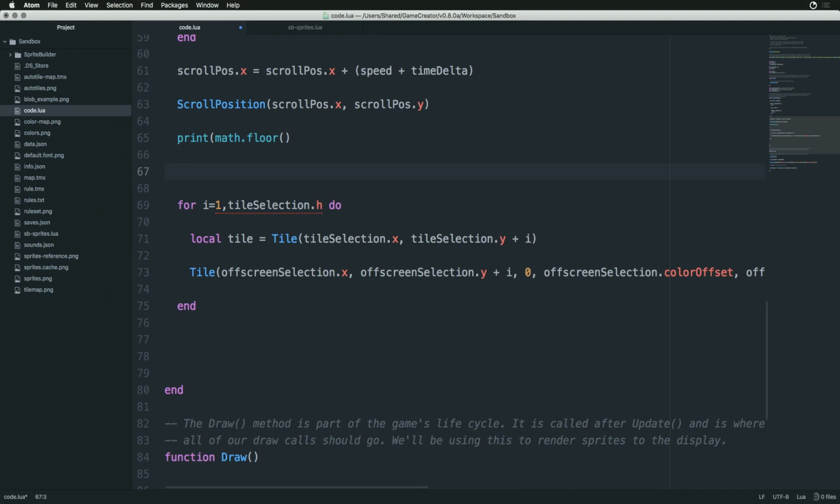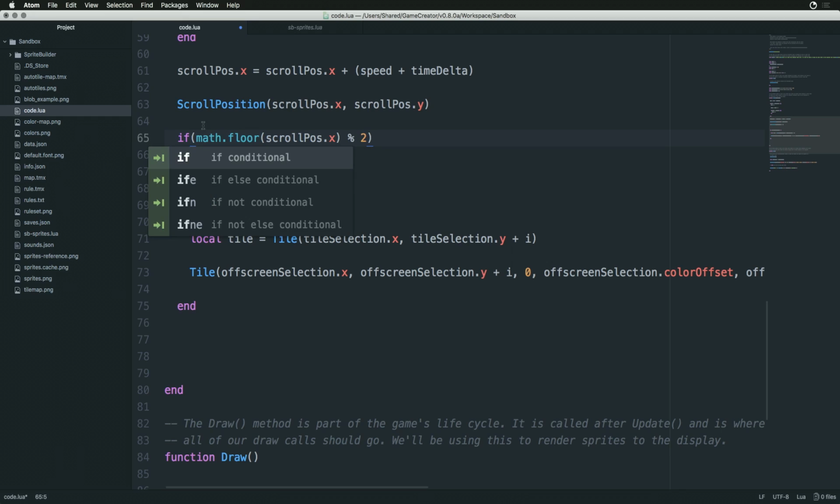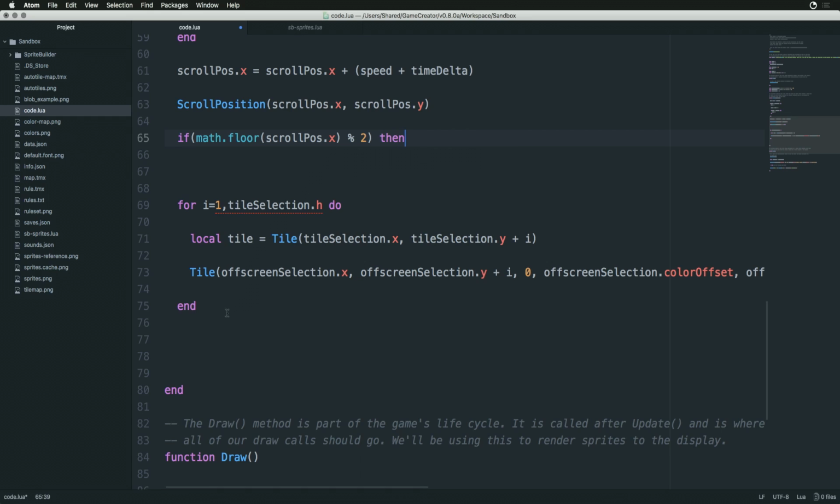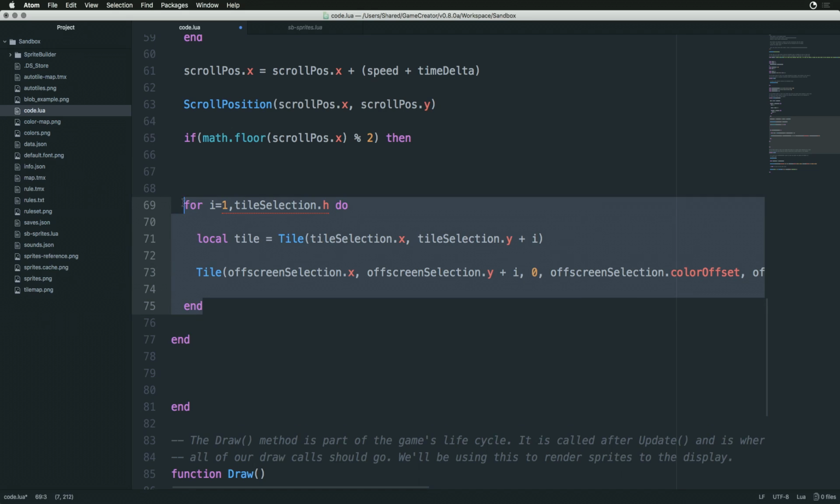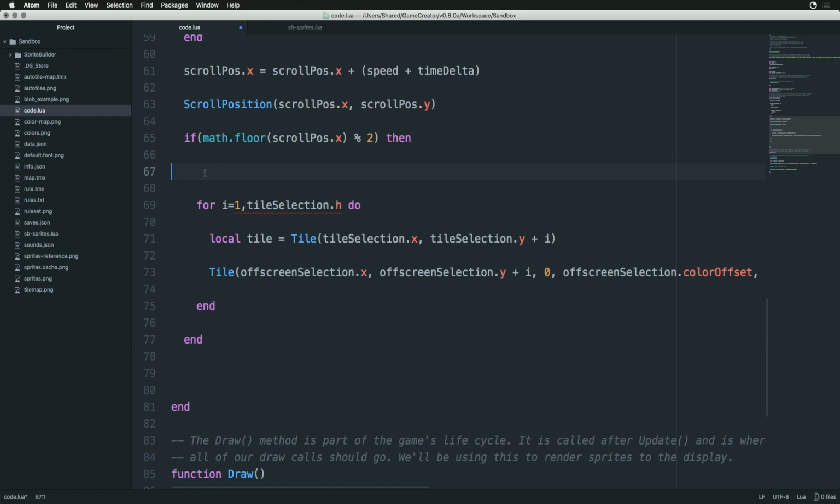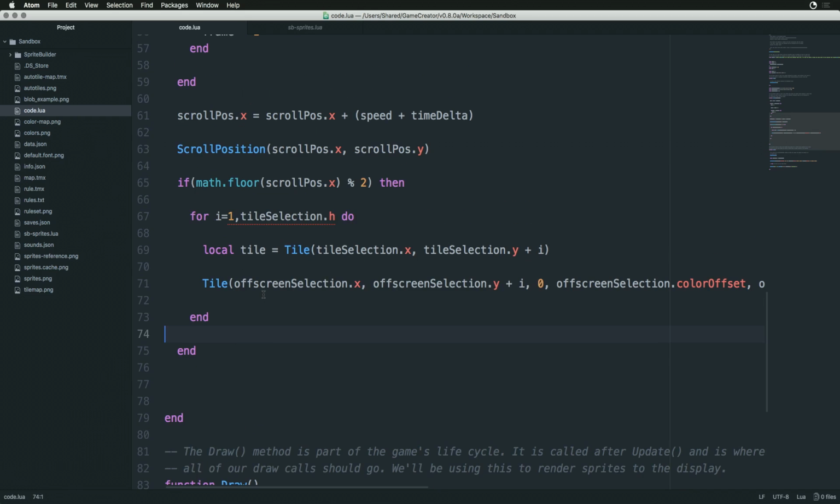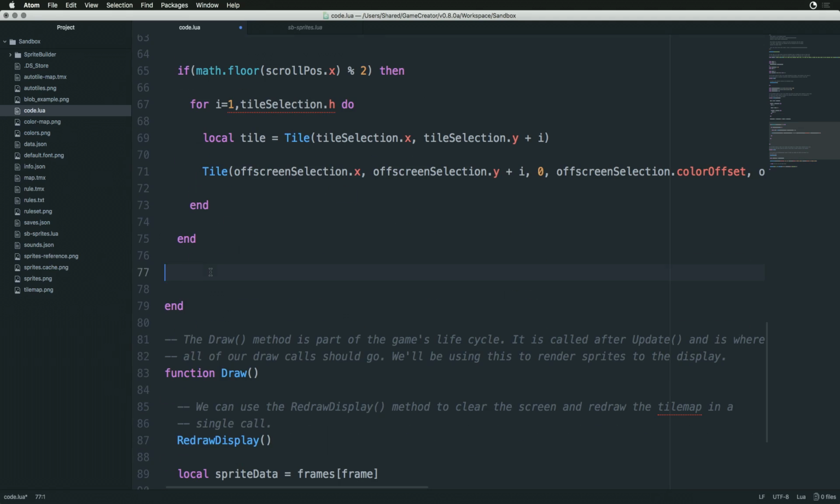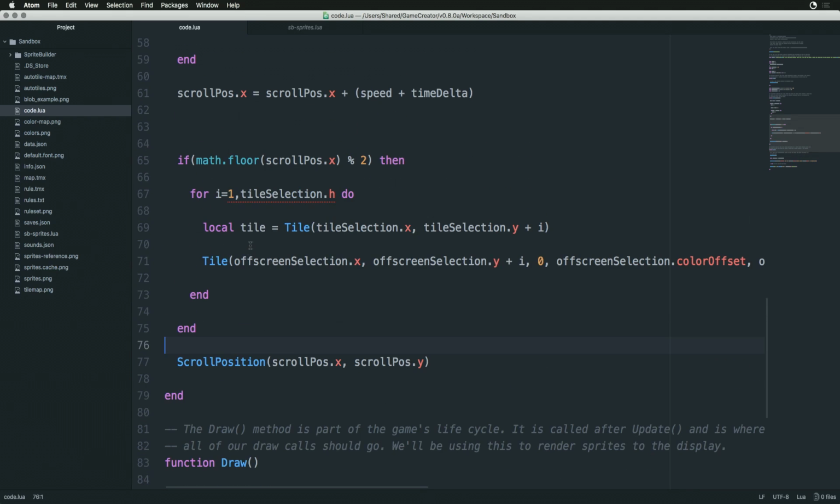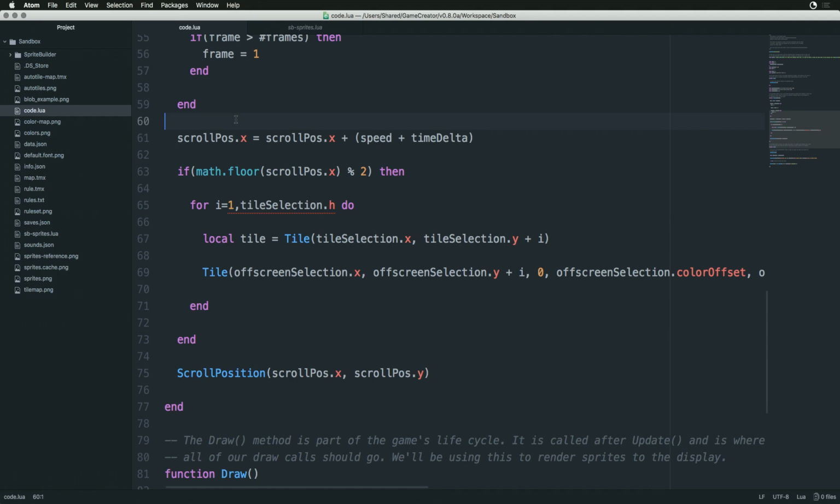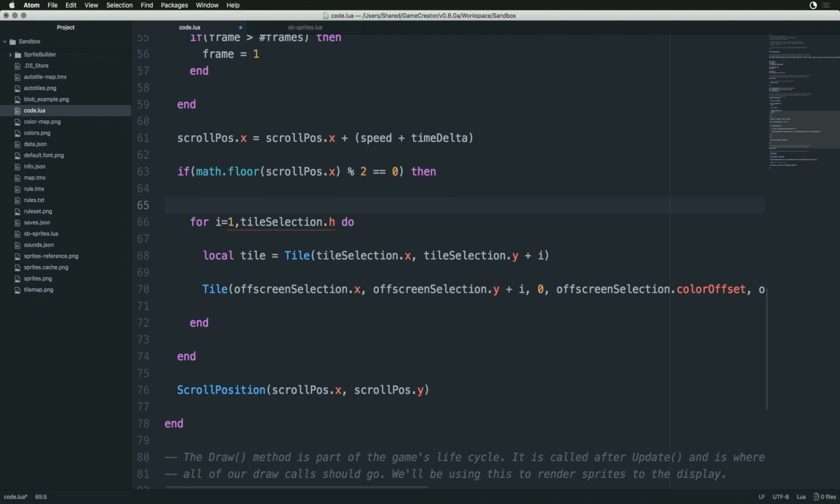So okay, if scroll position, whoops, let's do it here. If math.floor scroll position X modulus 2, then end. So now we are only going to draw this when a full tile goes off screen. And then after we're done, we'll update the scroll position. All right, so we calculate the new scroll position. We're going to floor it, and then we're going to see if this equals 0. So now what I want to do is print